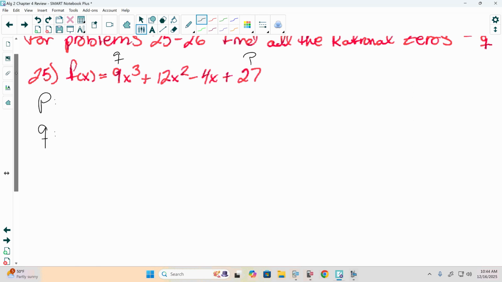So our constant term in this case is 27. So we need to find all the numbers that multiply together to give us 27. And a good one to start with is 1 and 27, 1 and the number itself. Then we could go through our next numbers. 2 is not divisible, or 27 is not divisible by 2. 3 is, it'd be 3 and 9. 4 doesn't work, 5 doesn't work, 6 doesn't work, 7 and 8. And as you go through and do that division, I would be checking and seeing what the results are, because we could do